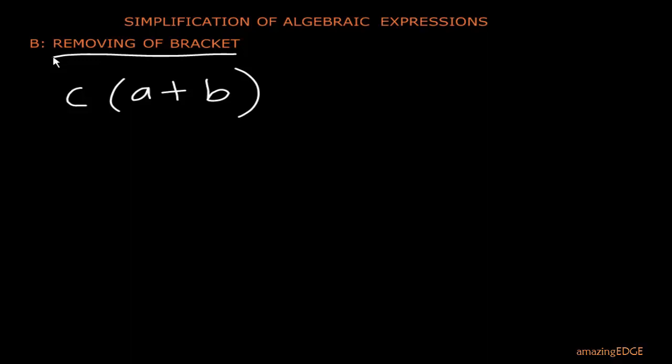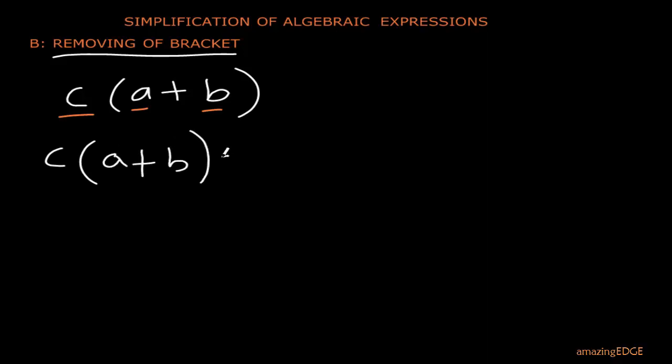talking about using the term outside the bracket, for instance, we have C. So use the term outside the bracket to multiply each of the terms inside the bracket. And after that, you do a simplification where possible. So in handling this kind of situation, you first of all observe that C into A plus B